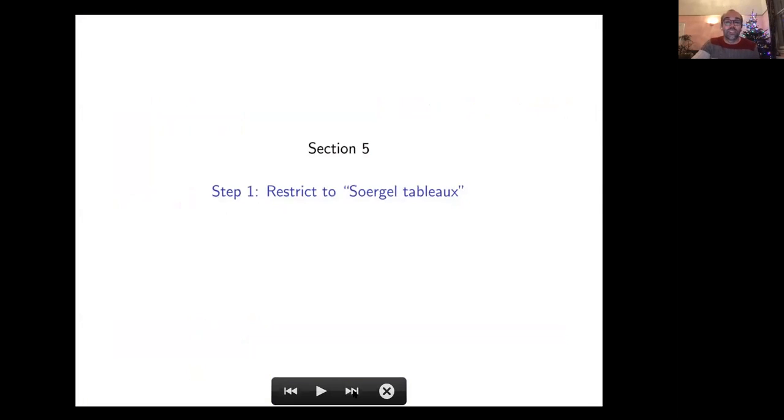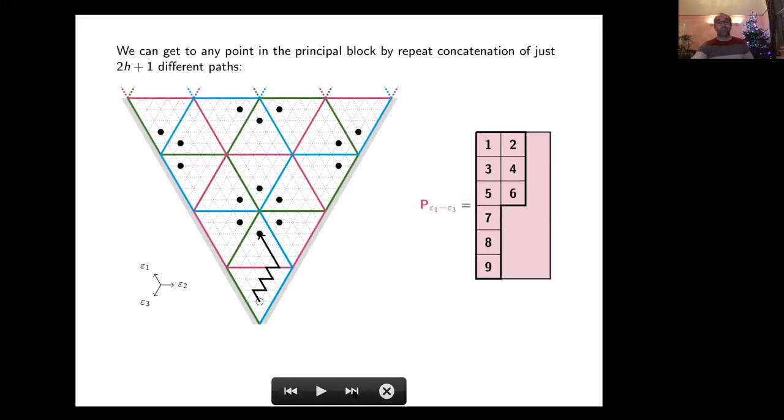So step one. I said there was an idempotent truncation, so we're not going to see the whole basis. We're going to see some Zergel tableau. We're not going to look at all points. We've picked what's called the principal block. That comes from GLH rather than from the symmetric group, but we've taken this point at the very start and reflected it. So we're only going to consider paths which terminate at one of these reflections of the empty partition. We're going to restrict further than that. We're not just going to truncate to a block, because that wouldn't be enough to get our result,